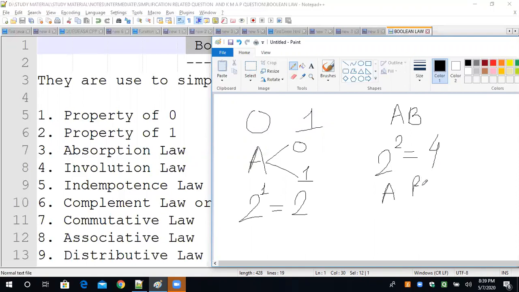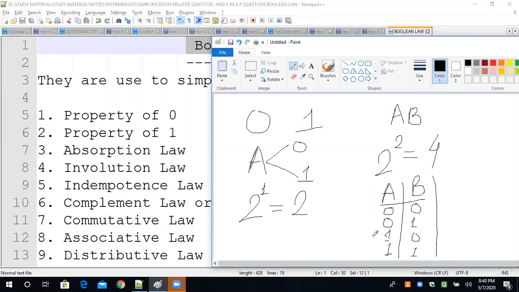I am discussing nothing but just a truth table. So here will be 0, 0, 1, 1, and 0, 1, 0, 1. All right. I have uploaded one video related to the truth table and logic gates. If you go through that video, you will understand better. Okay, no problem.